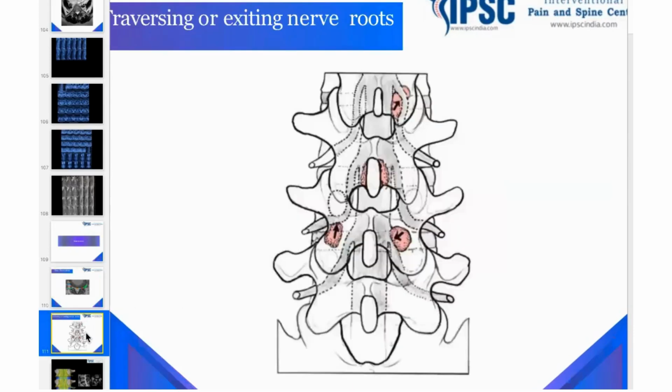And depending on that, we can see on the MRI whether our traversing root is compressed or the exiting root is compressed. Again I said that we are talking about exiting and traversing in terms of the disc. So let's say if it is